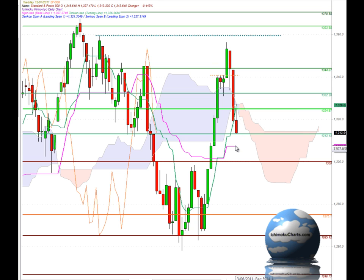Now, we should also look to the Kijun-sen here to act as potential support, which is trading at 1307 if the trend does continue down. So after 1313, we have 1307, but then certainly the 1300 round number. Down below 1300, we don't have any major support until the market trades to around 1275. So if we do see quite a bearish next few days, there is potential for the market to trade substantially lower. To the upside, if we do see the market rally, we do have strong resistance overhead, and we have the cloud,